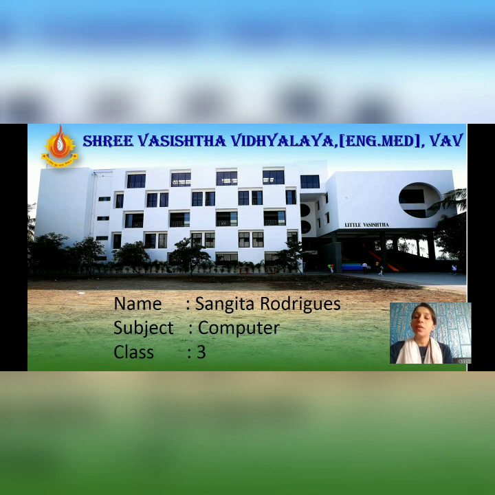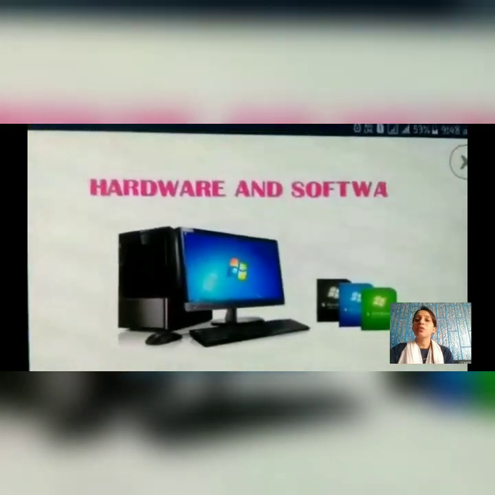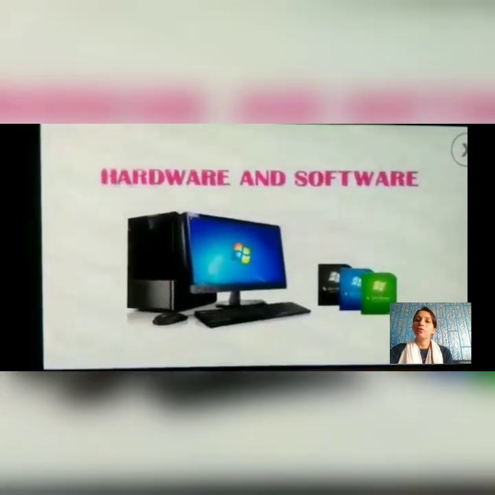In the previous video we have learned about the computer system, that is, the IPO cycle: input, process and output cycle. In that, the input devices give instructions and data to the CPU, and the CPU processes it, and then it will give it to the monitor, that is an output device. We have learned about the IPO cycle. Now in this chapter, we are going to learn about hardware and software.